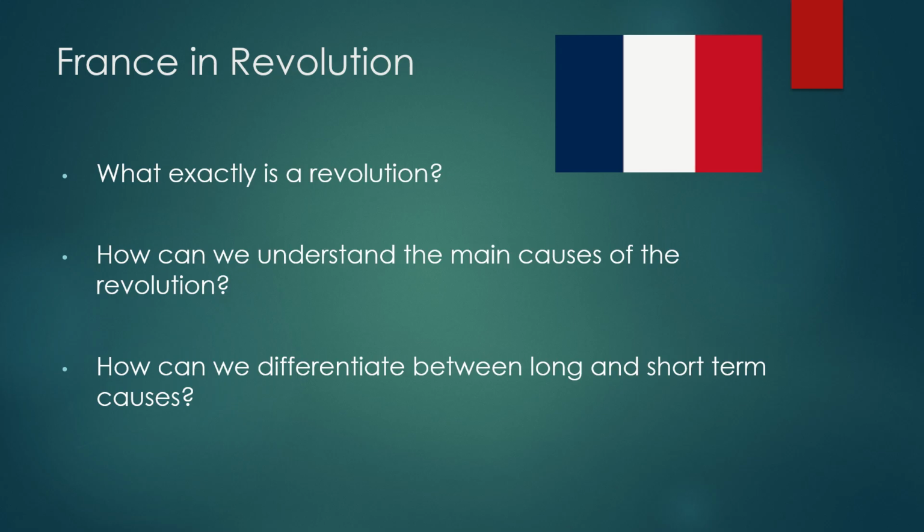And something to really consider throughout this module are long and short-term causes of the revolution. Although most people will probably jump straight away to the initial, typically agreed year in historiography that the revolution began, 1789 with the storming of the Bastille, there are things that came before that caused that, and as a historian, we can really try and trace back in the long and short term to figure out what the main causes actually are.